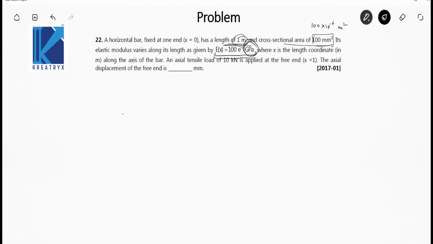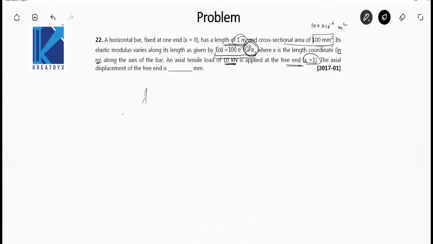Take care of the units, where x is the length coordinate along the axis of the bar in meters. An axial tensile load of 10 kilonewton is applied at the free end where x is equal to 1 meter. The axial displacement of the free end is,